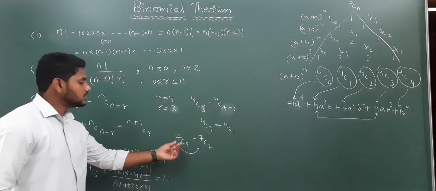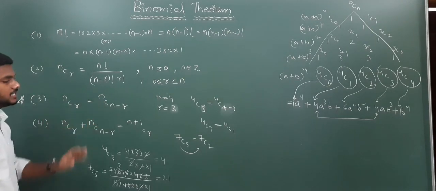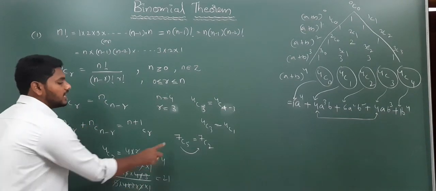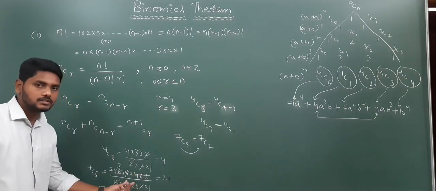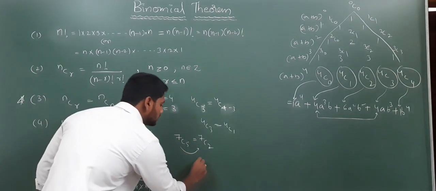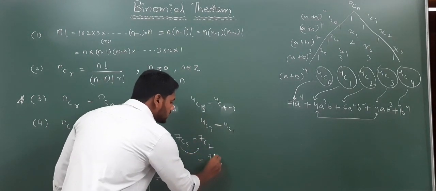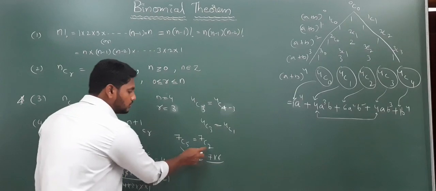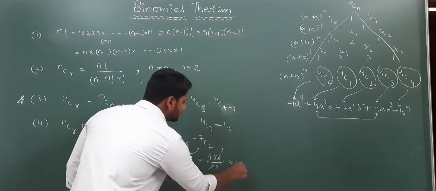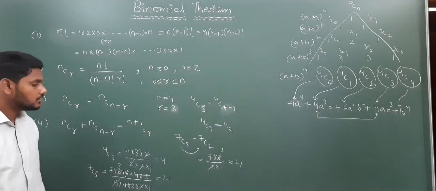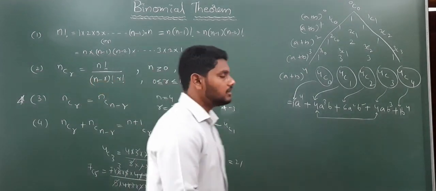But why we are using this third formula, nCr equal to nC(n minus r)? Instead of finding the 7C5 value, which includes the cancellation of all these numbers, 7C5 is also equal to 7C2. 7C2 means 7 you decrease 2 times: 7 into 6. 2 is there, not? 2 you decrease. Now 2 ones are 2, 3 twos are 6, 7 threes are 21. Right? Did you understand now? Now instead of simplifying all this, you can simplify like this. When can we use